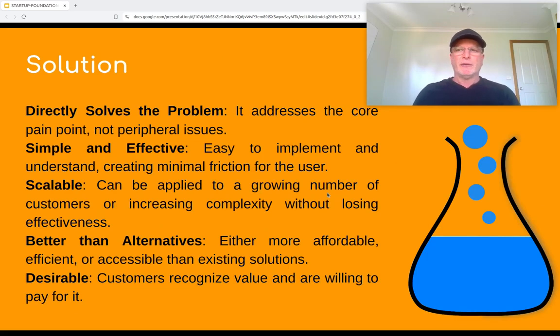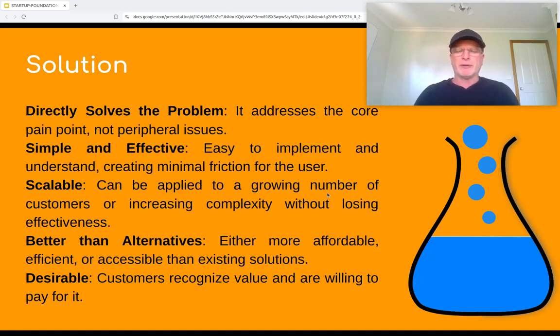Solution also has characteristics. First of all, it needs to directly solve the problem that we defined. It cannot solve something else, okay? Not a side problem or part of the problem. It needs to point to the main core pain point. It needs to be simple and effective. If you're drawing a huge complex solution, it's not so compelling. It needs to have minimal friction to the user, something that the user can press a button, it will happen,